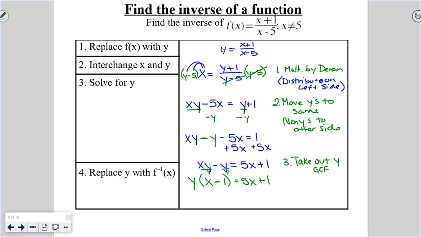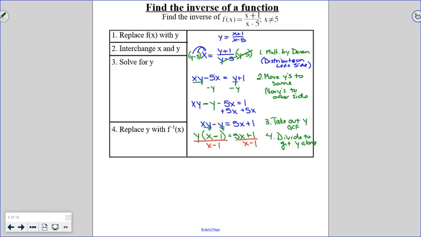Okay, one more step. Divide by what's next to y. Divide to get that y alone. So I would divide both sides by x minus 1. And we would finally have, move down here, y equals 5x plus 1 over x minus 1. Which, replacing that with f inverse,